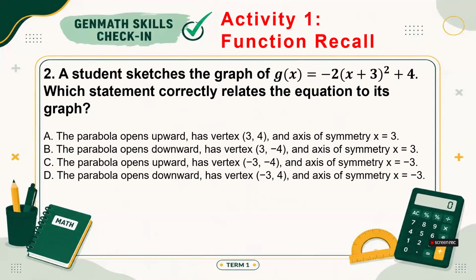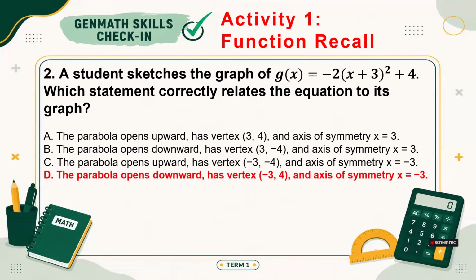Consider this one, negative 2 times the quantity x plus 3 squared plus 4. As I've told you, the same rules follow. The highest exponent is 2, so this is considered a quadratic function. And because it is negative, the parabola opens downward. So we are left with choices B and D. Since we have the quantity x plus 3, it means that the graph moves 3 units to the left, while 4 units upward. Those are our horizontal and vertical translations. So therefore, what is the vertex? Correct. The correct answer is letter D.